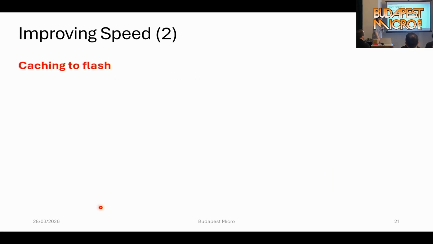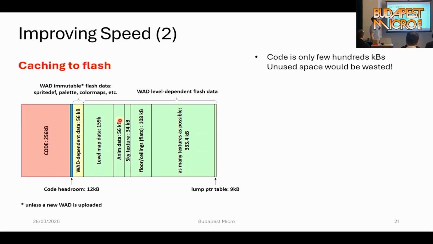So the first speed improvement, which is actually also a memory optimization, is to take into account that we have at least 1 megabyte of flash, and the code size is very small, like 256 kilobytes, and with BLE it's like 400 kilobytes, but the flash is even bigger.